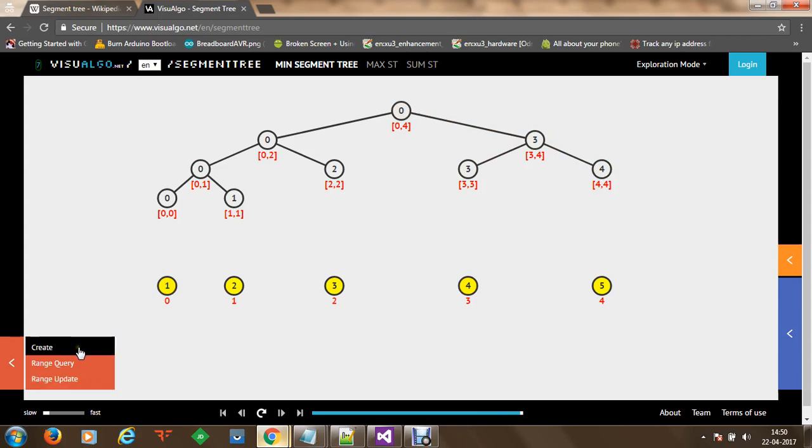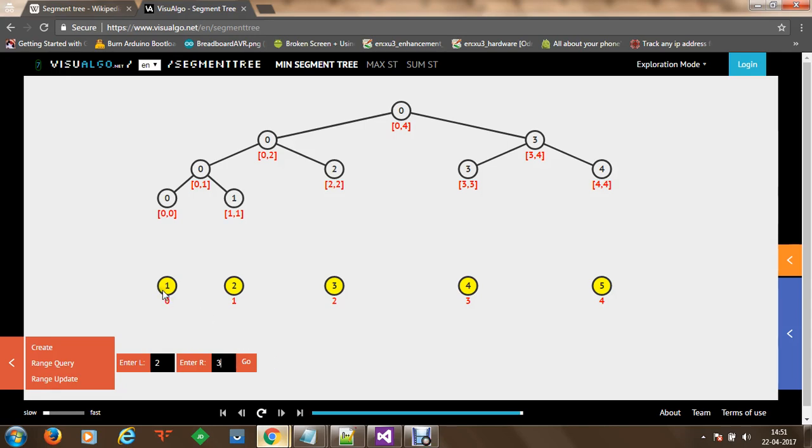After creation of your segment tree, you can proceed to a range query. You can specify a left element and a right element. The left element specifies the minimum range value, the right element specifies the maximum range value, and any element which falls between the left and right element is considered a segment inside this range. Let's say I would like to perform a range query from 2 to 3 and get the element which has the minimum value.